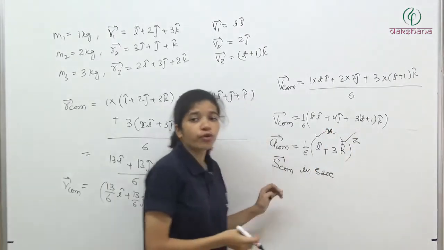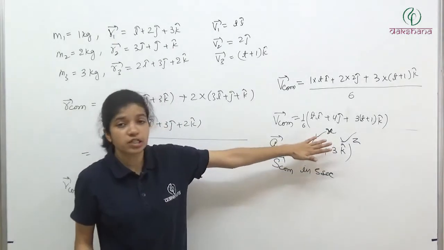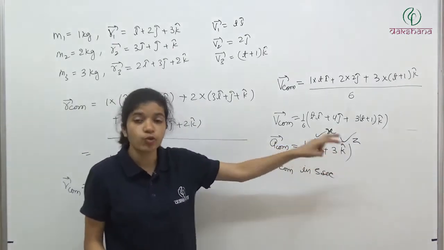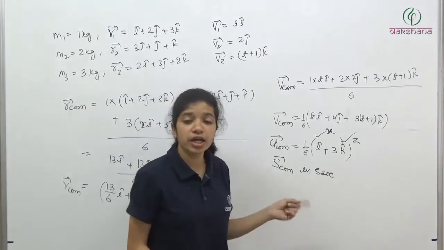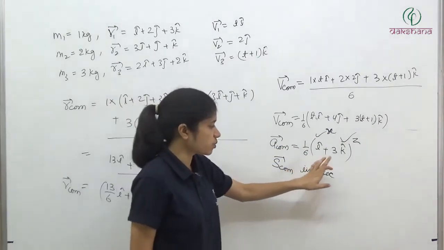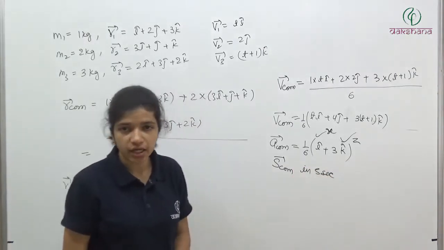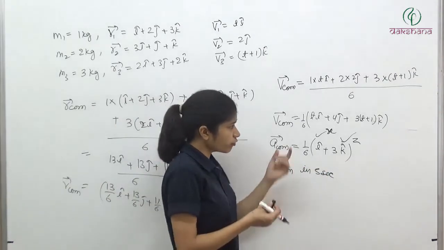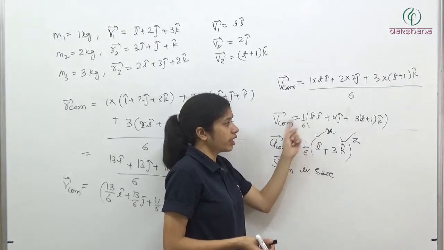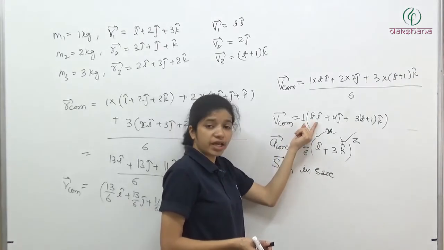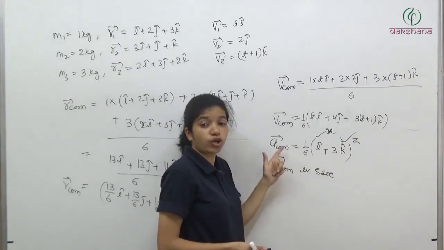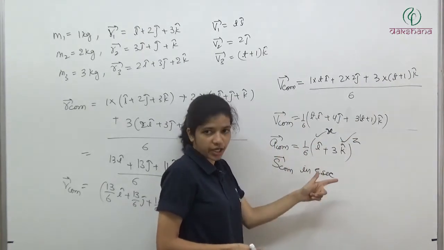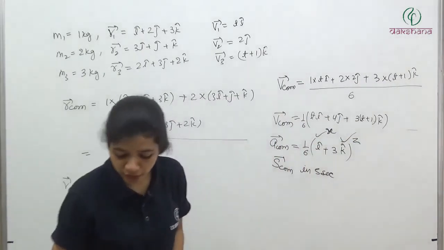So what we'll do, we can find out separate displacement in x, displacement in z by using s is equal to ut plus half at square, and then we can find out the net displacement, displacement in x, displacement in y, displacement in z. Clear? So here we have velocity of center of mass in x as well as y as well as z, but center of mass has acceleration only in x and z direction. Clear? So these kinds of problem we can have.